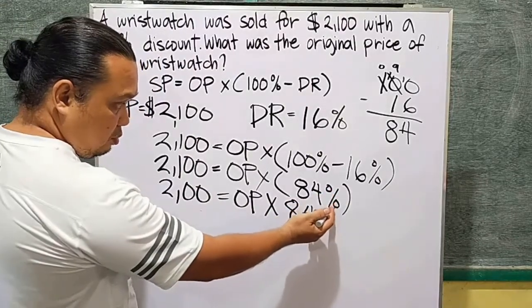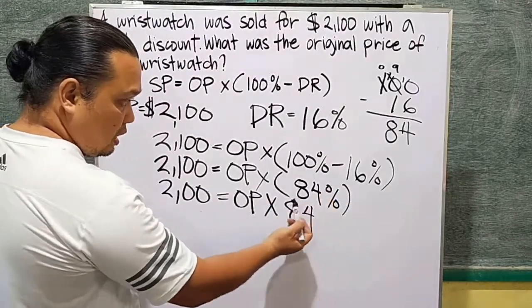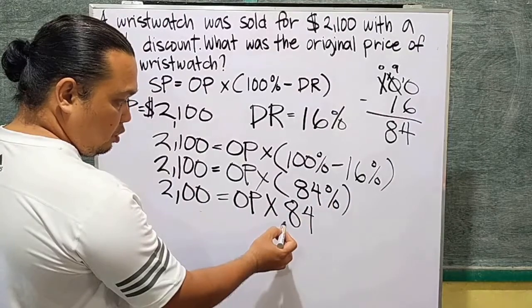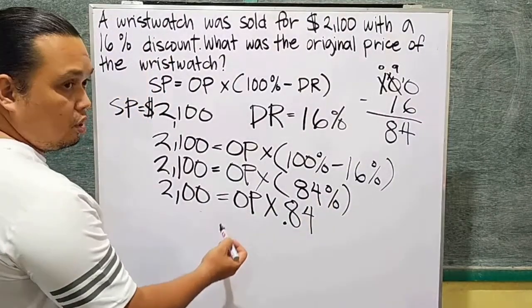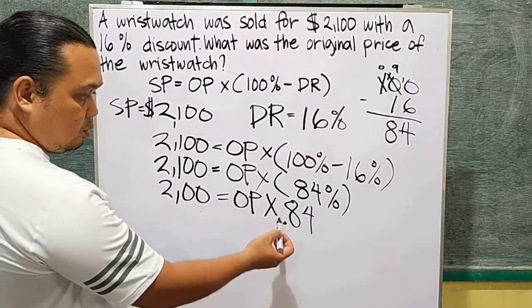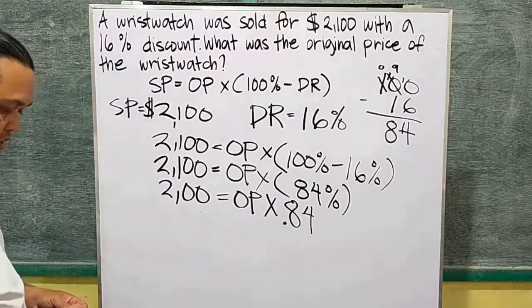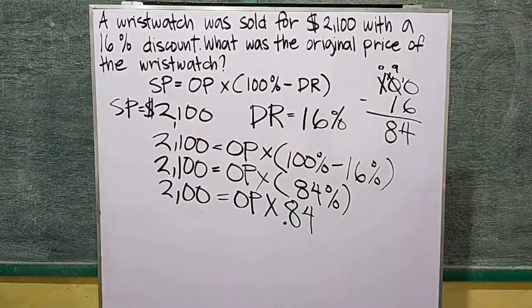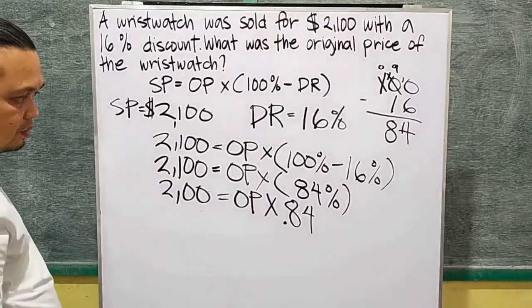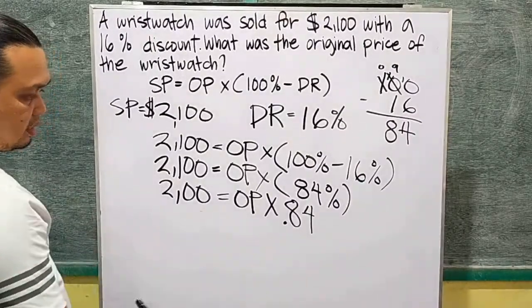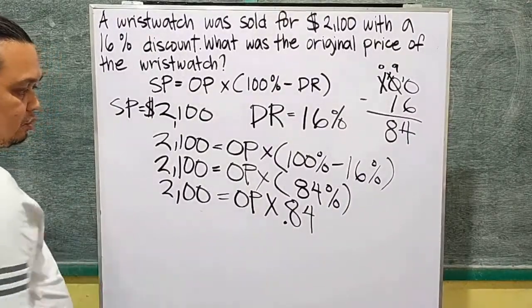Drop the percent, move it 2 steps to the left, so our decimal point will be here. So OP, or original price, times 0.84. So we need to transfer 0.84 here